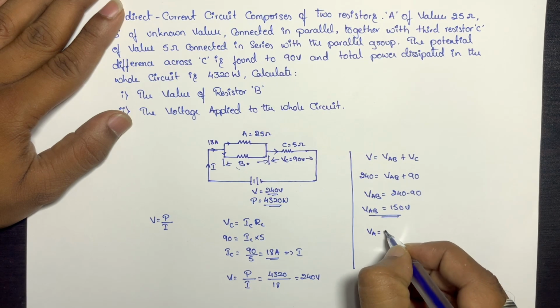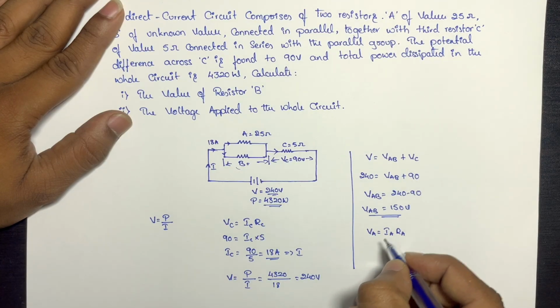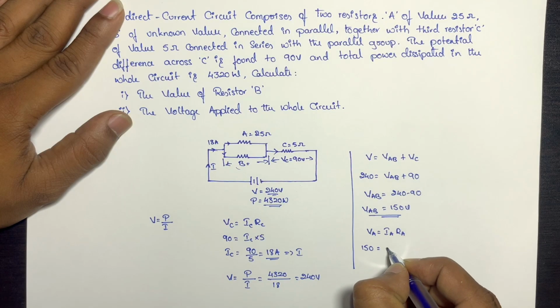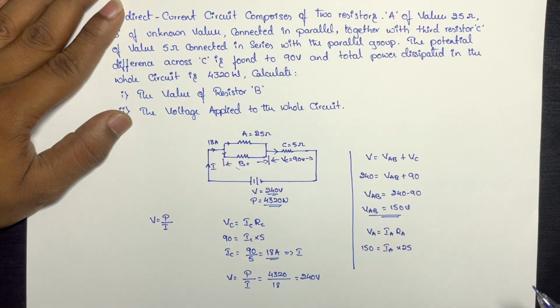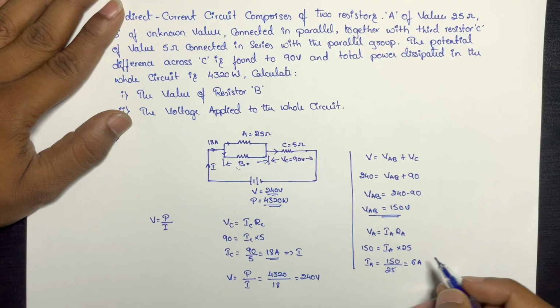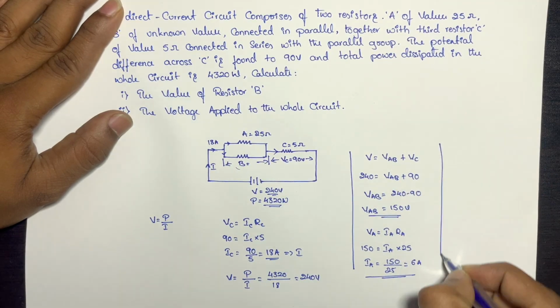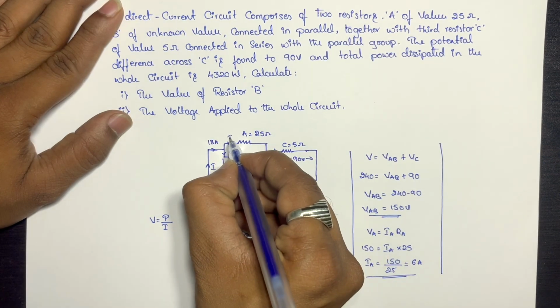VA is equal to IA into RA. Now VA is 150, in a parallel circuit voltage remains the same, IA is unknown, let it be IA. RA is 25. Now with that, IA is equal to 150 divided by 25, that's 6 amps. Since the current flowing through the resistor A is 6 amps, from this we can tell the total current I is dividing among IA and IB,